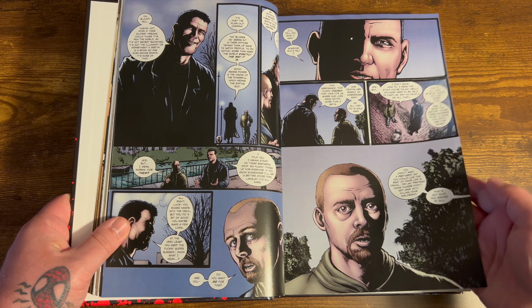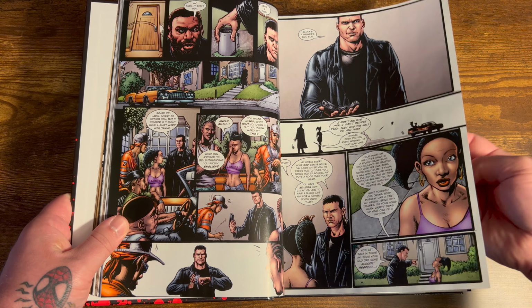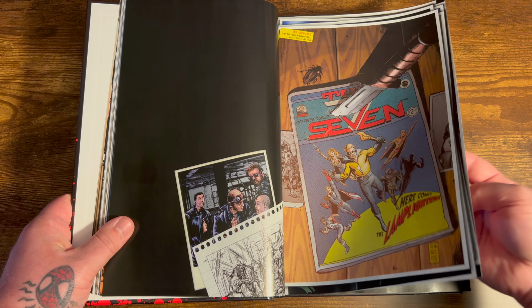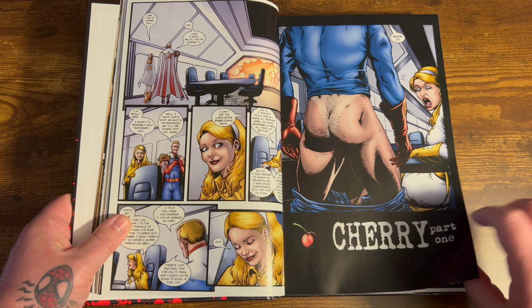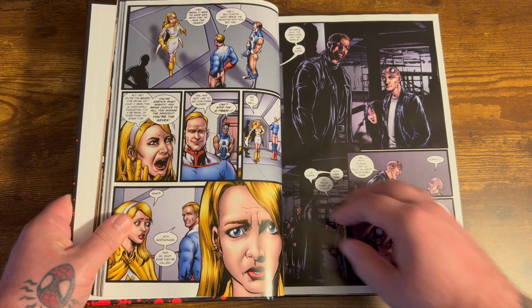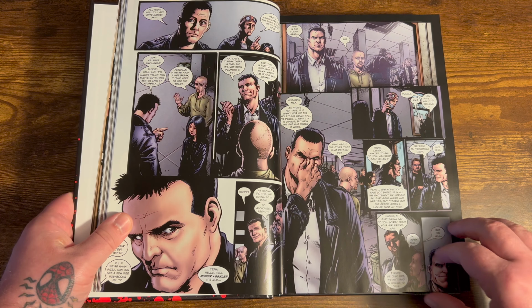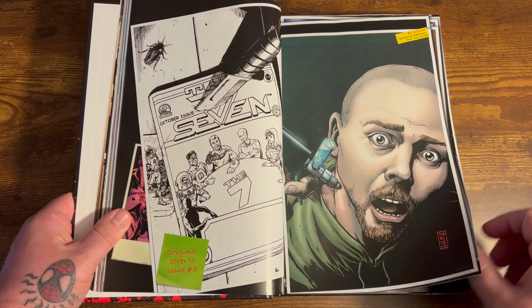So this book starts out, you're introduced first to Billy Butcher, you see him with his dog Terror, and then shortly after you're introduced to Hughie Campbell, who is soon to be the newest member of the Boys. He's hanging out with his girlfriend Robin, and then all of a sudden A-Train and another Supe get in some battle, and she's smashed up against the wall, leaving Hughie there with her arms in his hands. Now, before I get into who the Boys are, it's better to know who the 7 are and the